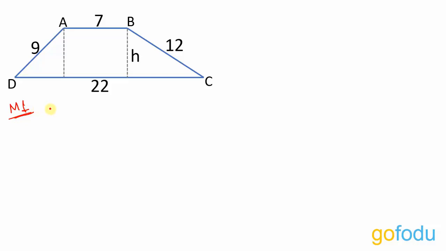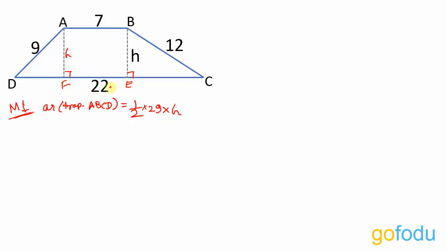Area of trapezium ABCD is half into sum of parallel sides, 7 plus 22, 29, into the distance between them, h. This here is also h. So in short, we have to calculate the height to calculate the area. Now these two sides are parallel and these two heights are also parallel to each other as well as perpendicular to the base. That means this ABEF